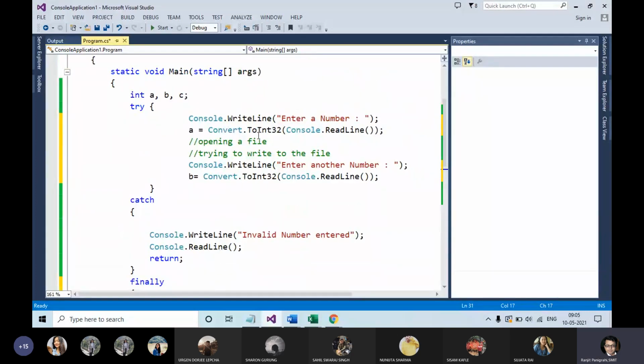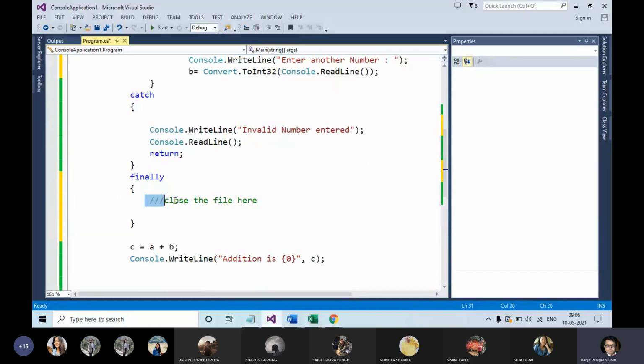As I told you earlier, you are opening a file and trying to write to it, but the file is read only, so you are unable to write into that file. You get a runtime error, an error is thrown, and it is taken care of by the catch block, where you display a message: the file is read only. The user will understand that the file is read only. So in such a case, in the finally block, you have to close the file explicitly by yourself. So this is one case.